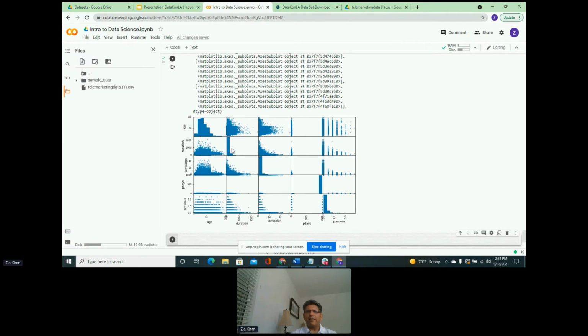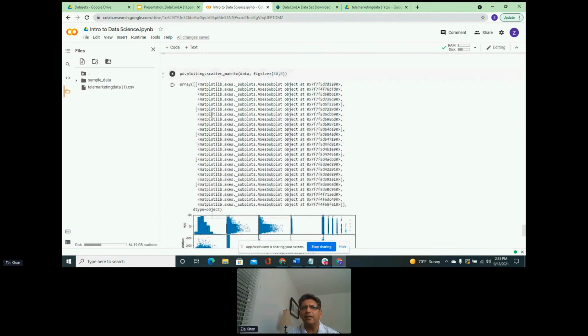So diagonally, this is a histogram of age and age, or this is a histogram of duration and duration. So diagonally we have histograms, whereas all other columns are scatter plots. So this is one other technique that you can use.